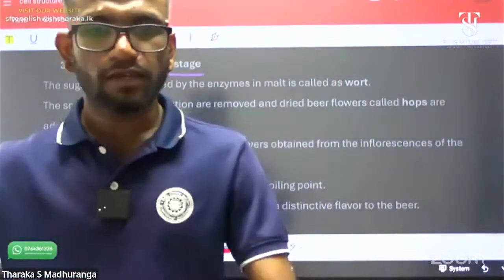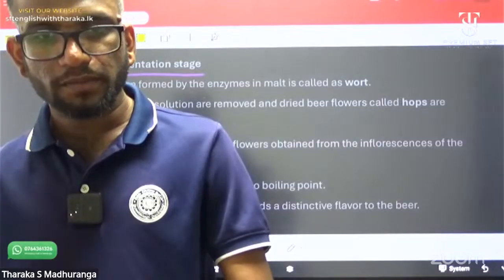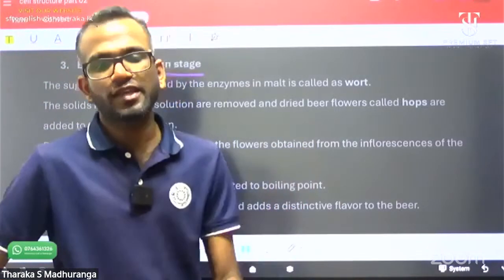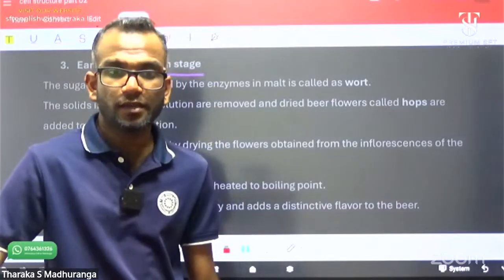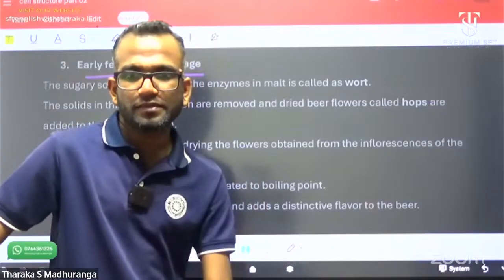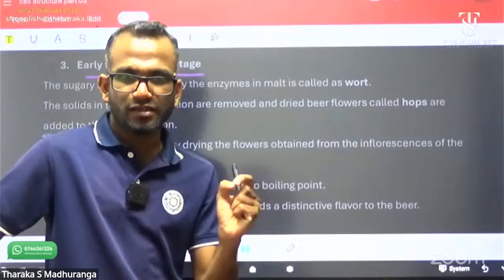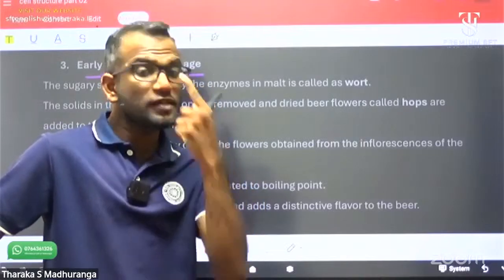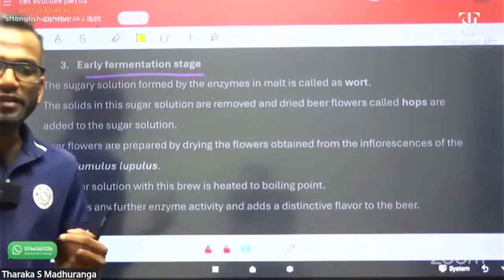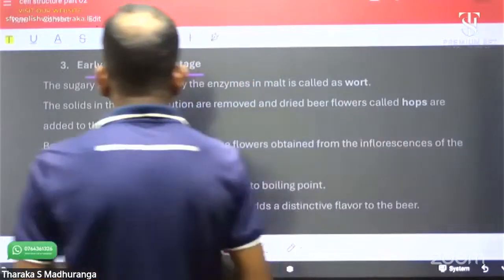Not sweet. Kabir, any idea? What's the taste of beer? Normally it has a bitter taste. Bitter taste, with some spicy, right? Okay, then to get this characteristic bitter taste,